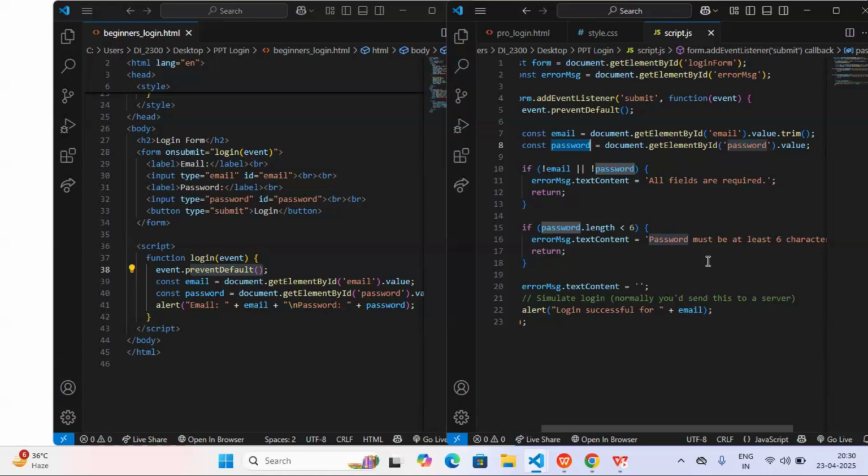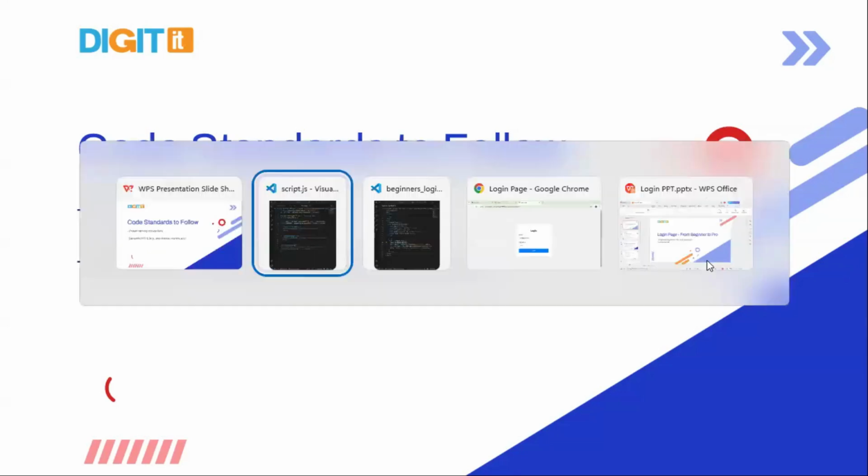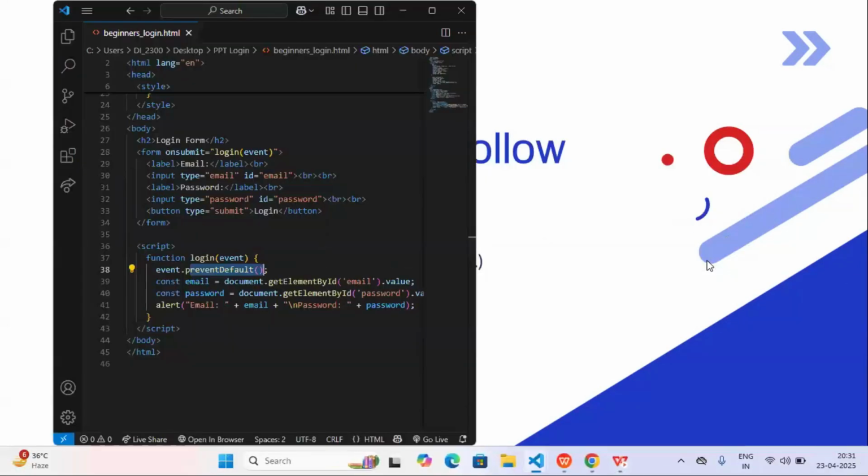Okay, so as coding standards here, we need to have proper naming conventions. Proper naming conventions is nothing but the class names, the elements of HTML, or if you are going to style an element, or add some JavaScript for that element, it should have a proper ID name or a proper class name. The naming convention should be properly there. The second thing is semantic HTML, which is nothing but adding proper HTML elements where we can showcase the coding standards of HTML